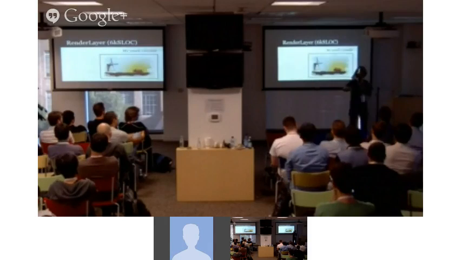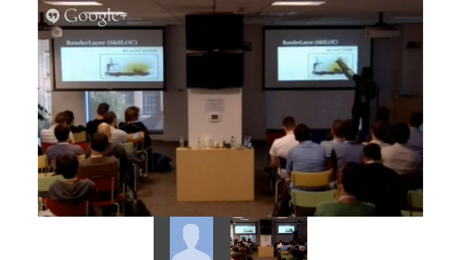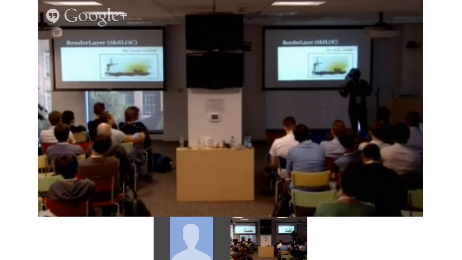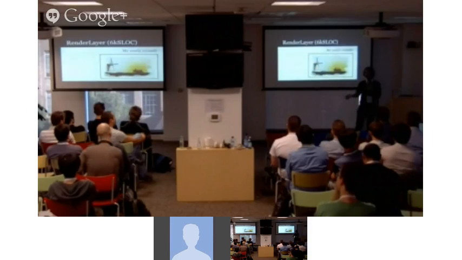One of the big problems of render layer, apart from being nearly as big as render block, is also that it has a lot of different functionality, and some of it SVG would like to get. The example being z-index. Z-index is something SVG would like to support. This is what render layer provides. But they don't want the full render layer because render layer involves a lot more craziness than they're willing to accept.